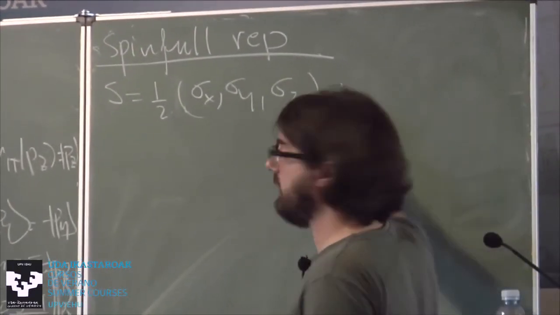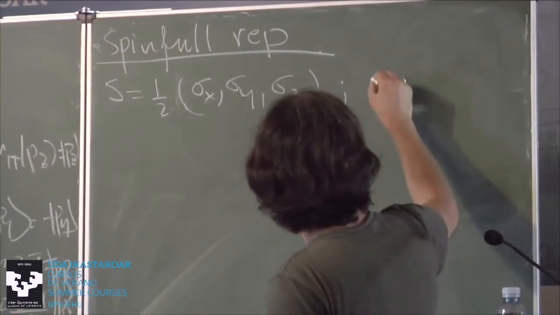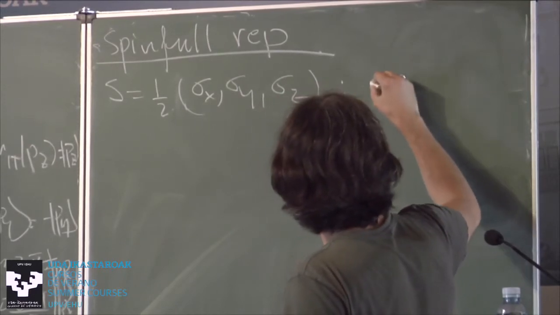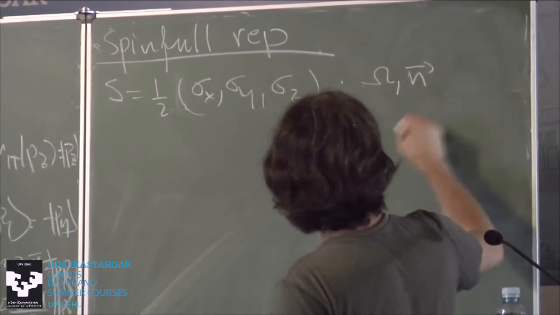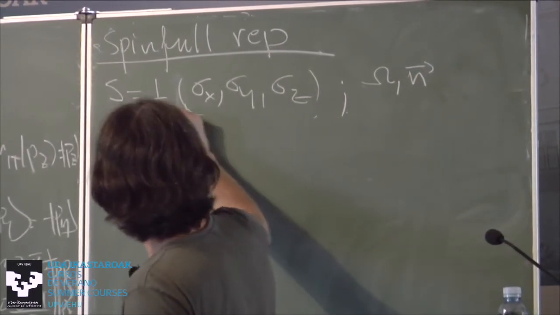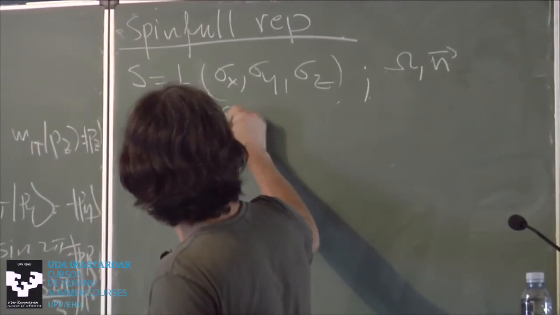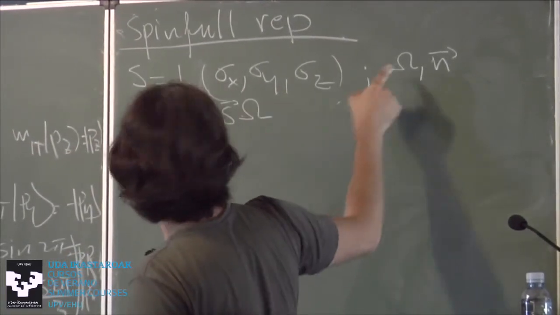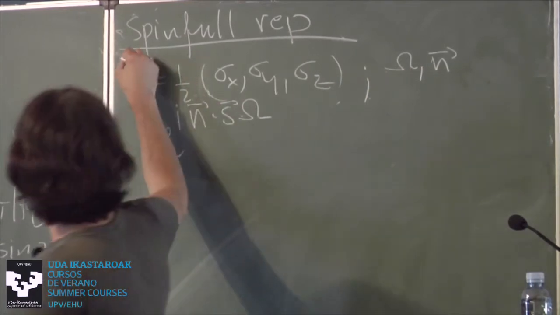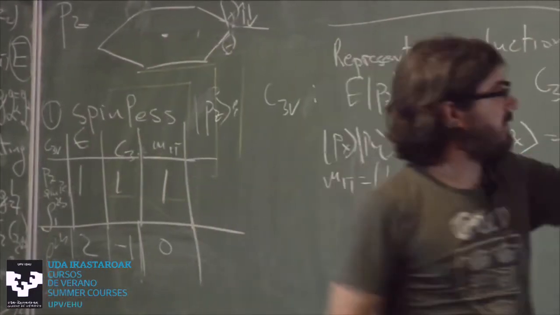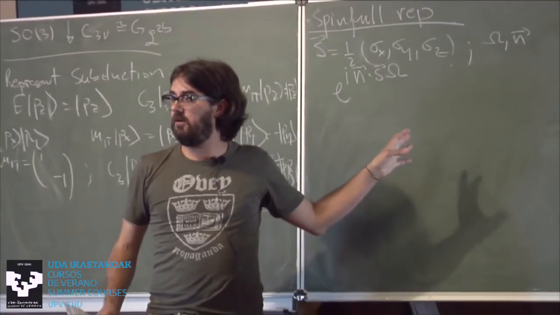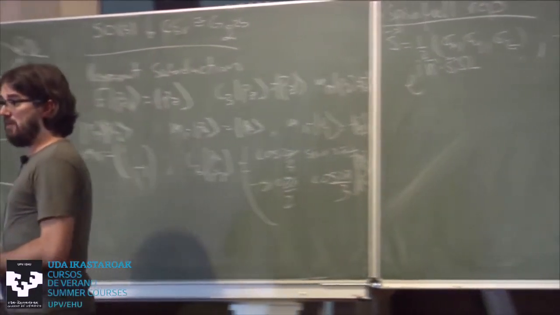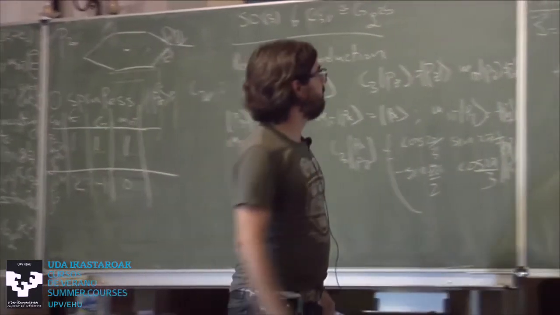And all I need to do is I know the representations of this guy, SU2. Their rotations by some angle omega around an axis n. Okay? And they look like this. They're e to the i n dot s times omega. This is a number, this is a vector. These are the representations of spin 1/2. It's just, if instead of spin 1/2 I had spin 1, I'd obtain the rotation group, etc. Is this clear? Okay? So now we can mechanically get the representation.